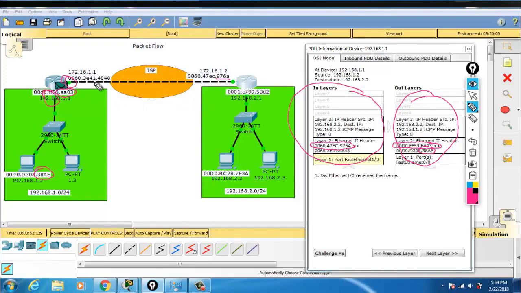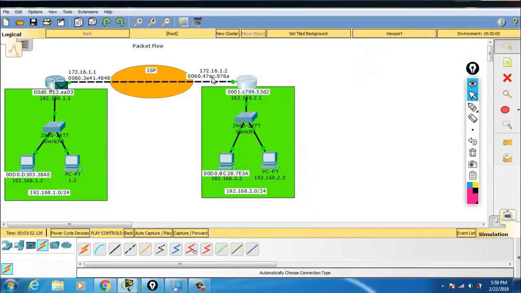So network to network, the layer 2 addressing is changing, but you can notice here the source IP address is 2.2 and destination is 1.2, the source IP address here is 2.2 and destination 1.2. So the layer 3 addressing remains unchanged in the whole transmission. So from this video we learned about the packet flow, how layer 2 addressing is changing and layer 3 addressing is not changing.